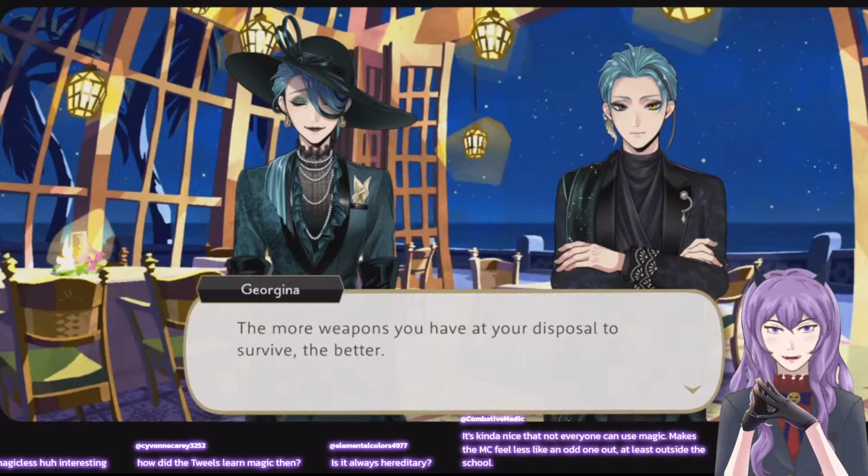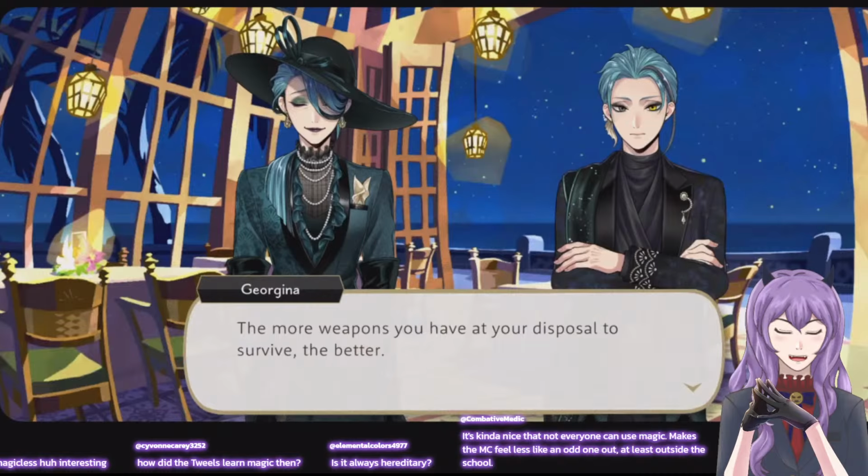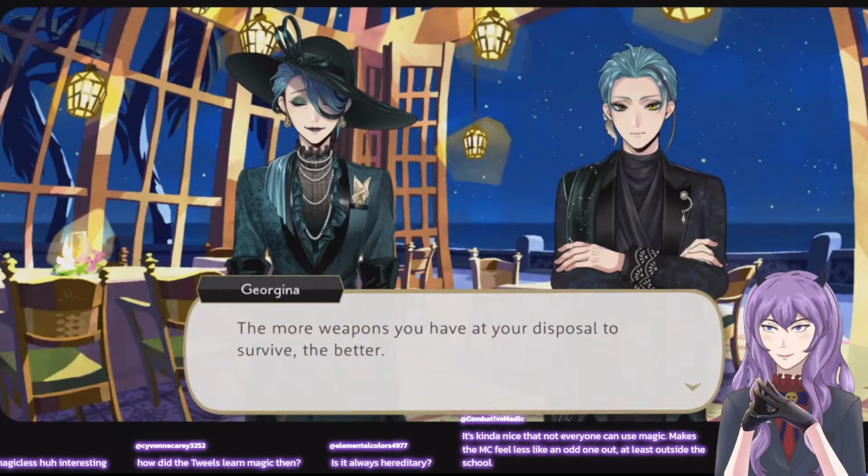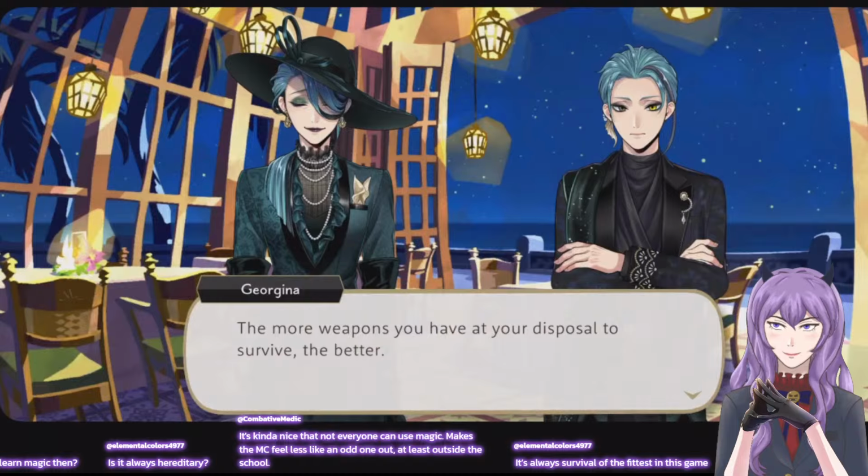Is it always hereditary? I actually wonder. So far from all the characters in Twist, it does seem hereditary to a degree. I think Ace's father doesn't have magic, and I'm not sure his mother does either.